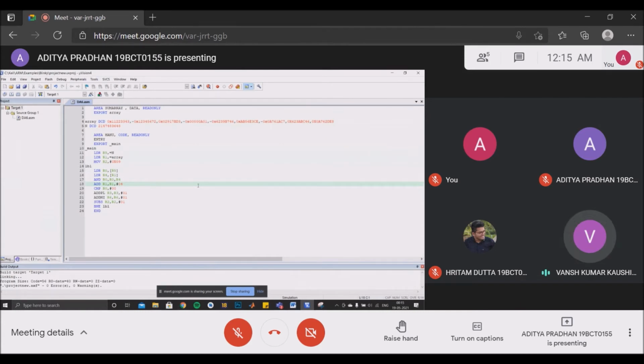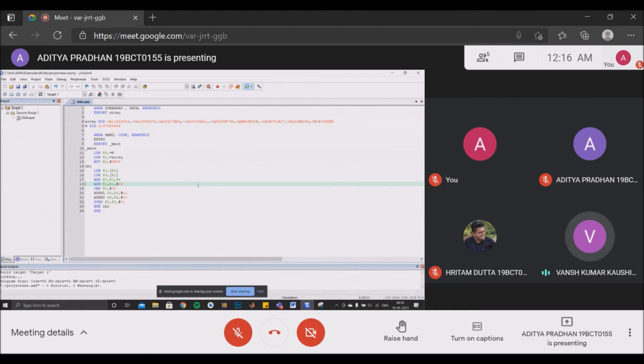Now we have to point to the next array element. As each array element is a 32-bit number, it takes up 4 bytes of data. That is why we have to increment the value of the R1 register by 4 to make it point to the next array element. Now, as the result of the AND operation is stored in the R0 register, we compare the value in the R0 register with 0.